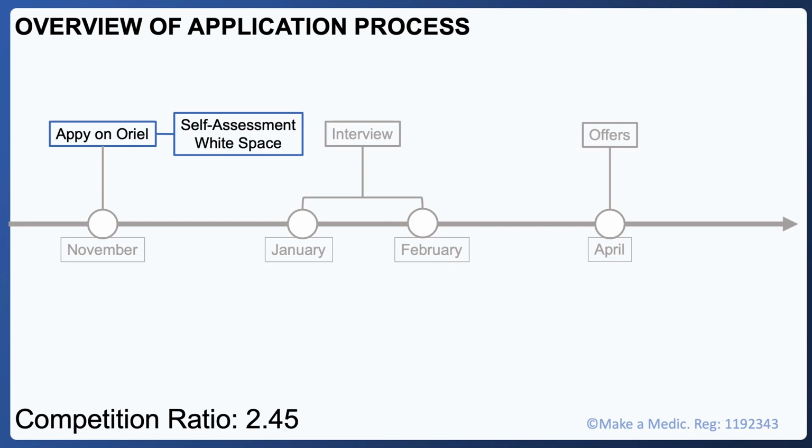And although they didn't ask for evidence this year, they can ask you to provide evidence for the score that you've given yourself, so it's important that you do have that evidence and don't overscore yourself, but also don't undersell yourself, because from that self-assessment score, that's how you're shortlisted for interview. So if you meet a certain number of points, then you'll be given an interview, which will be held in January or February,